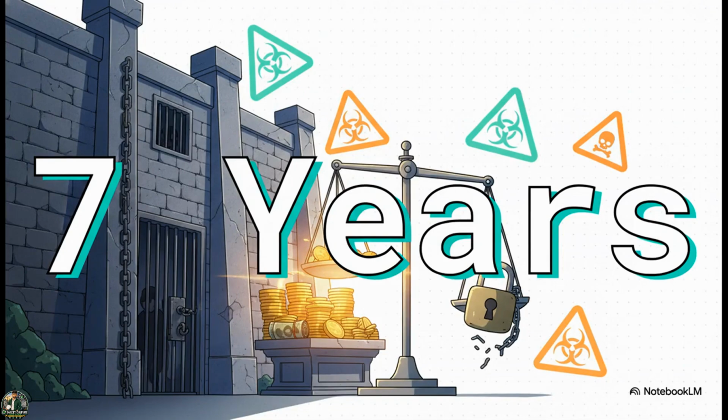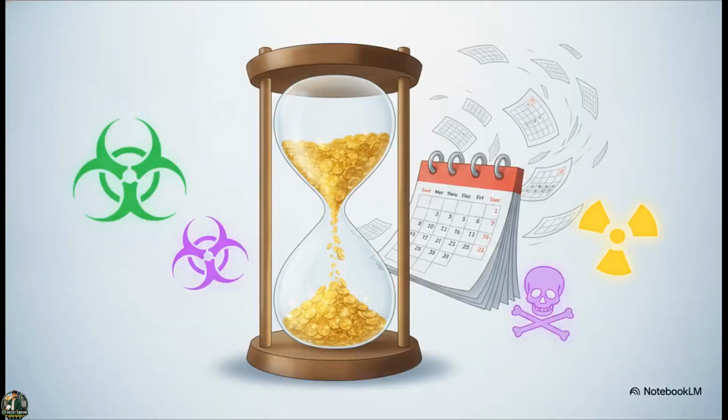Notice the sheer leap in severity here, from 2 years for general rules straight up to 7 years for playing loose with hazardous materials. And if that hazardous negligence actually continues after conviction, it triggers an additional fine of up to 5,000 rupees every single day. The text goes even further, stating that if this failure to comply stretches beyond 1 year after the date of conviction, the consequences become even graver. The law essentially treats prolonged hazardous negligence as an intolerable public threat.